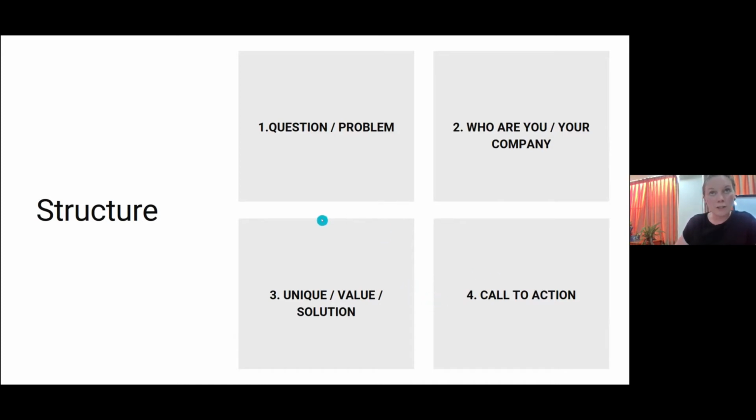And then you finish the elevator pitch with a call to action. Now, a call to action, as Victoria gave the example, can be, okay, donate for my project. Please give funds to my project. This can be a call to action. What else? I think regarding the call to action, we need to be very specific about what we want.